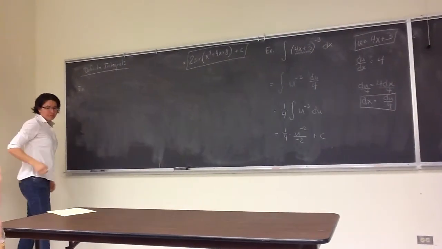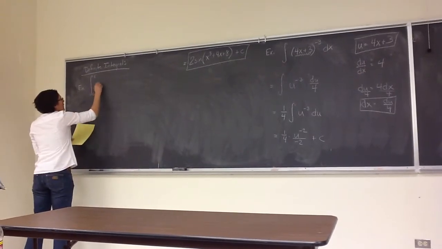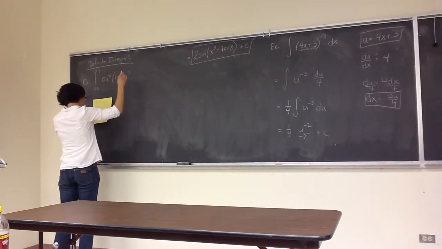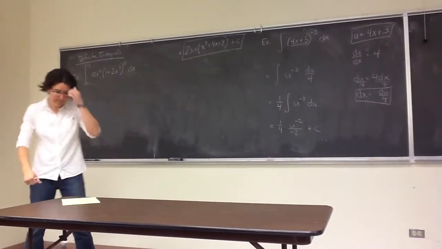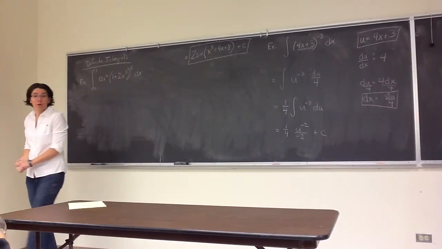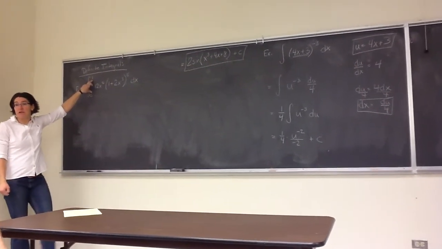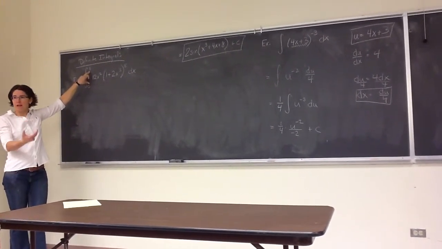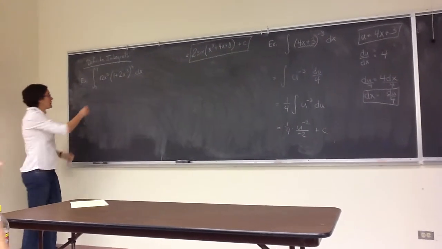And our first example will be the integral from 0 to 1 of 12x squared times (1 plus 2x cubed) raised to the 5th power dx. All right, now there are two options to work with here. When we have the boundaries, they throw a kink into our process. So when we want to use the boundary, we have to find an antiderivative, plug in the boundaries, and subtract those values. So one option, option 1,